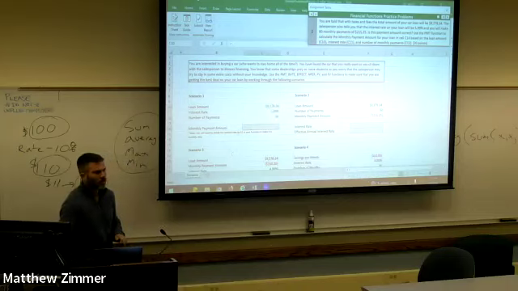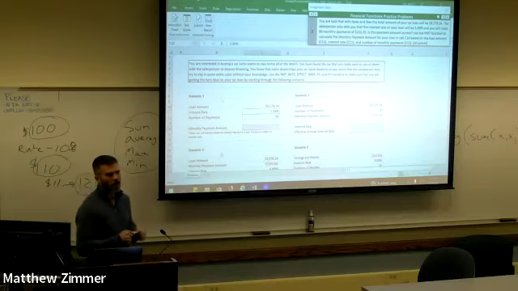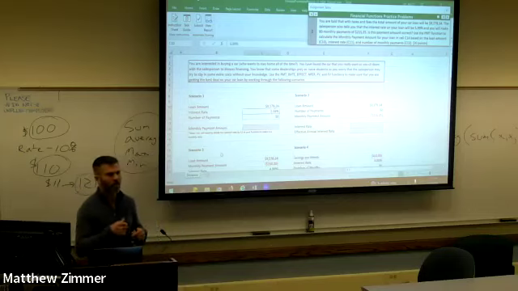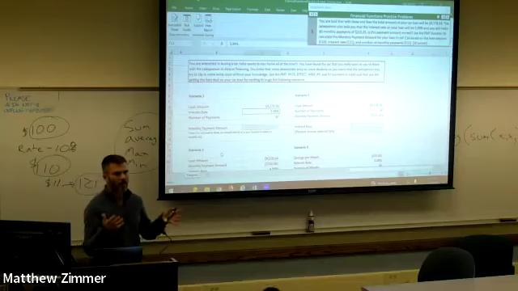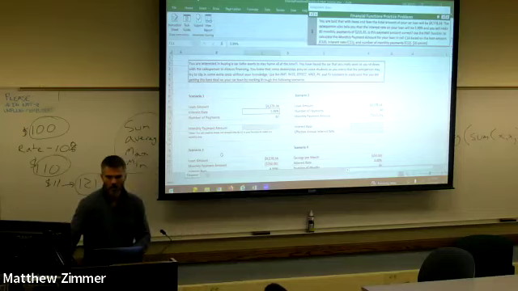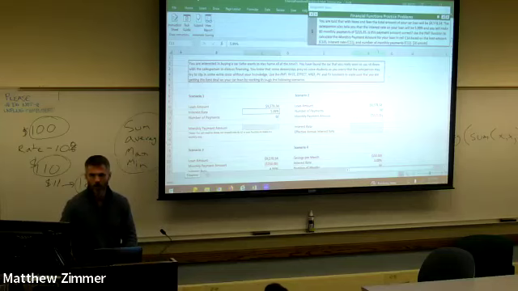The only thing that's a little bit strange when it comes to doing financial function calculations is when an interest rate is given to us as an annualized interest rate and we're being asked to calculate something on a monthly basis, we need to divide that annualized interest rate by 12. So if I look at scenario 1 here,